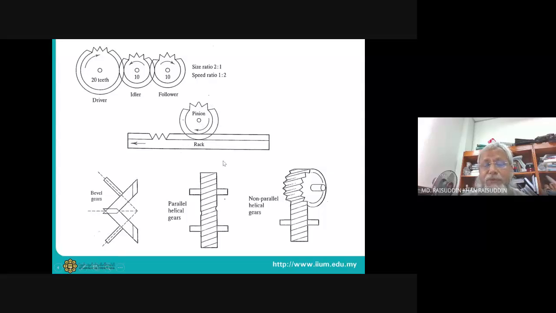When we have this kind of assembly, the toothed gear we call the pinion, and the horizontal element with teeth we call the rack. Rack and pinion basically works in both directions. If we drive this one, the rack will be moving to and fro, and if we move the rack to and fro, the gear will be rotating.